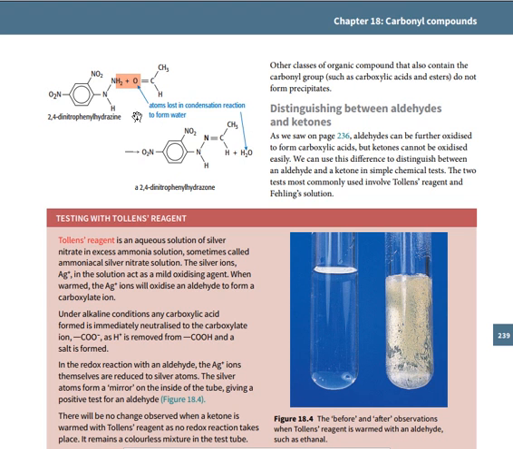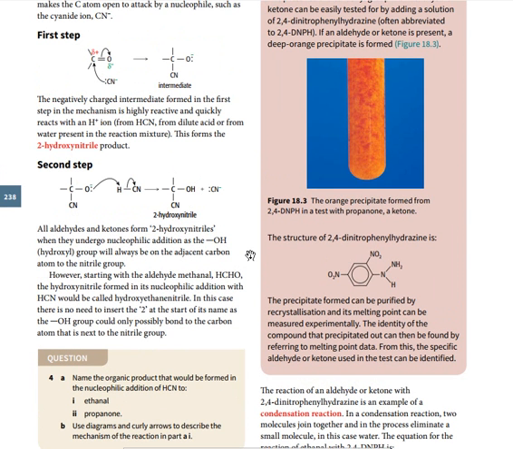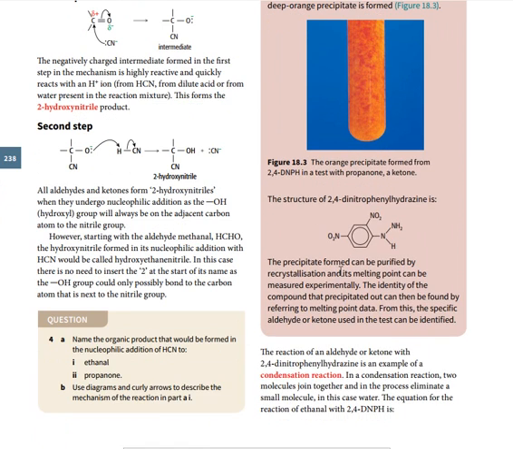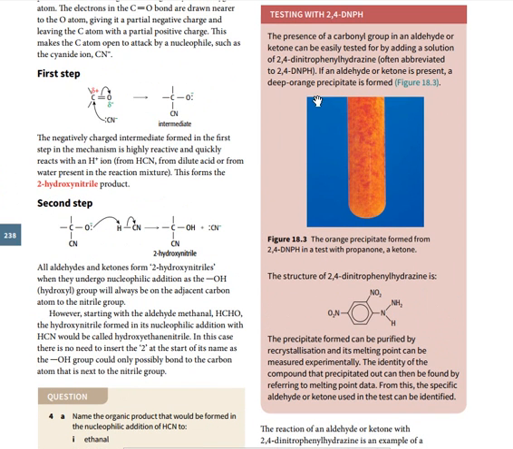So now you see that water is going to be lost, and then there is a double bond here. So this is a condensation reaction forming 2,4-dinitrophenylhydrazone. This form of reaction is mainly used in the distinction of the carbonyl functional group. When you have a carbonyl functional group, you can easily use 2,4-dinitrophenylhydrazine to distinguish it from non-carbonyl functional group compounds. So aldehydes and ketones, which have a carbonyl functional group, are capable of producing an orange precipitate